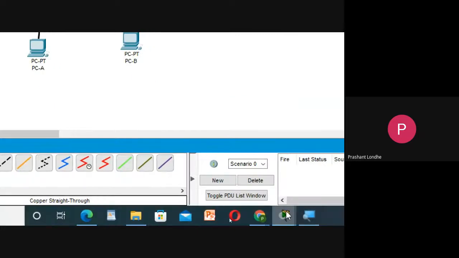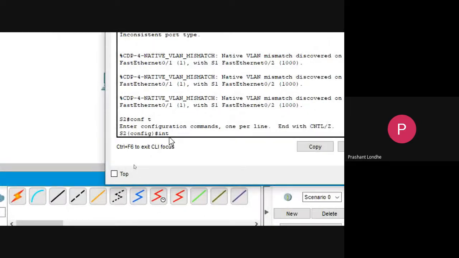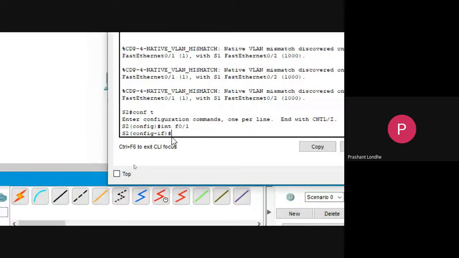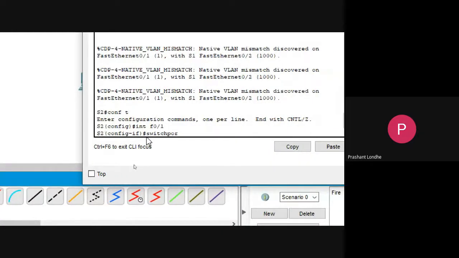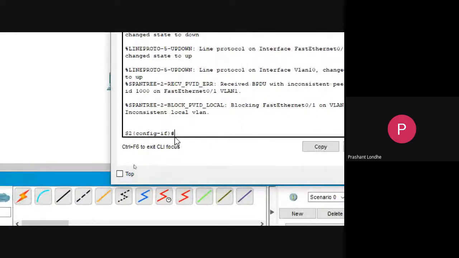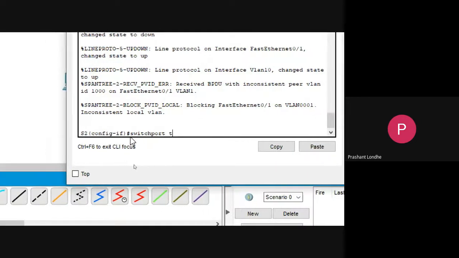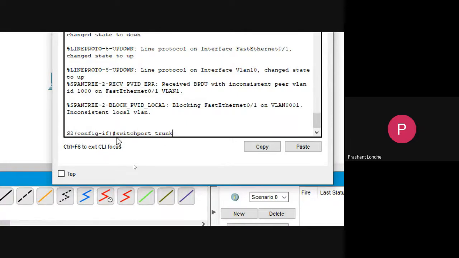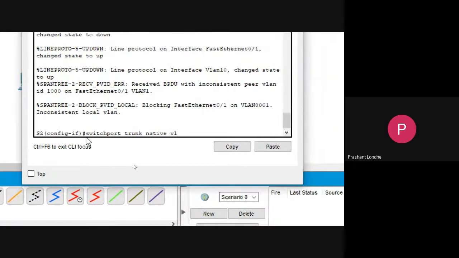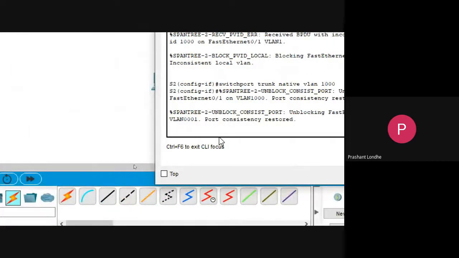So we need to configure interface F0/1, switchport mode trunk, then switchport trunk native VLAN 1000. It's been connected with 1000.